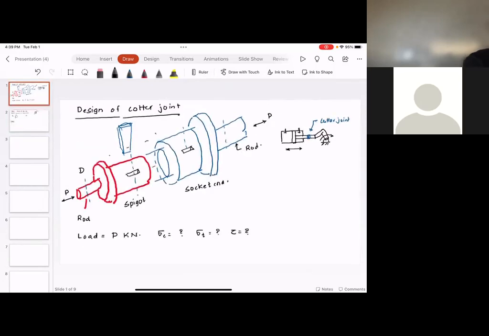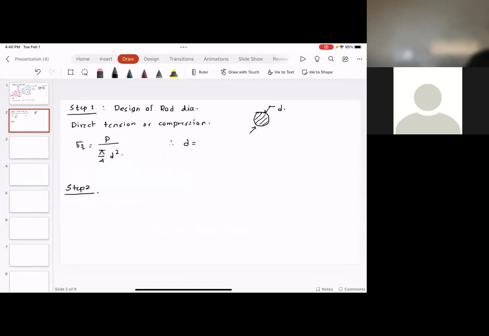Next thing, step two, is we want to find out the spigot diameter. I want you to take a look at this cross-section of spigot. If you look at the spigot, there is this hole through which the quarter needs to pass. So if you look at the weakest cross section, where that hole is, that is the weakest cross section. So if you look at the spigot dia,